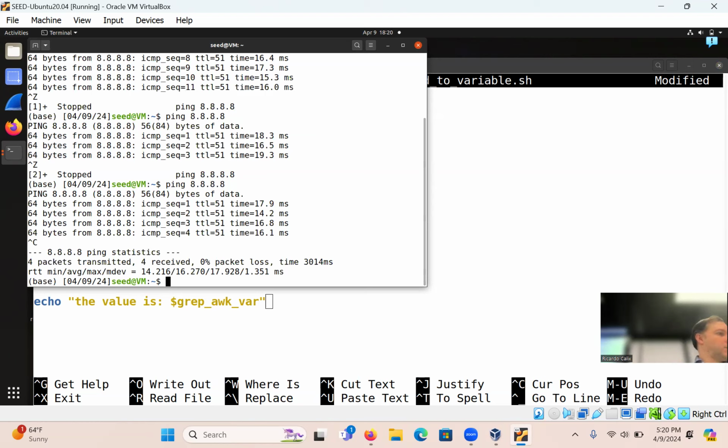We want to get one of those ping times. The trick, I think, is to know the flags of the ping command, right? So how do we do that?